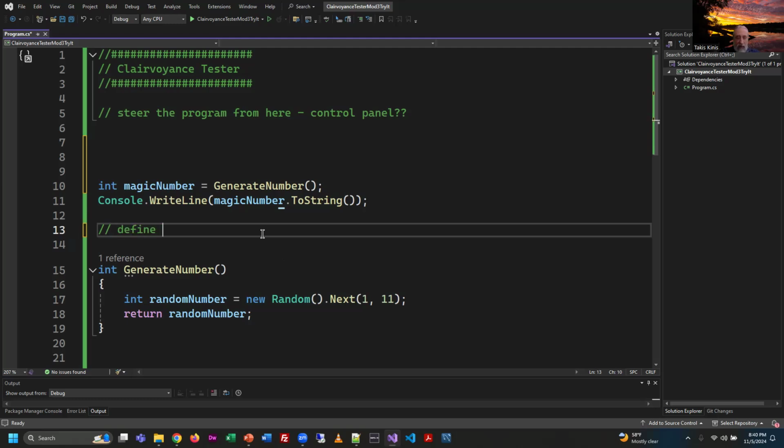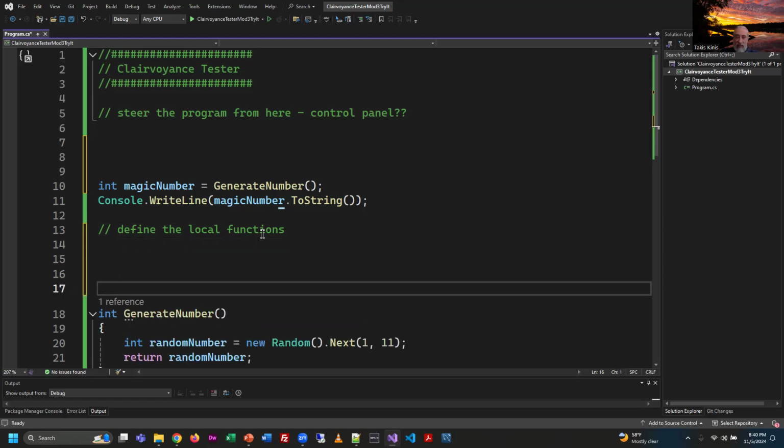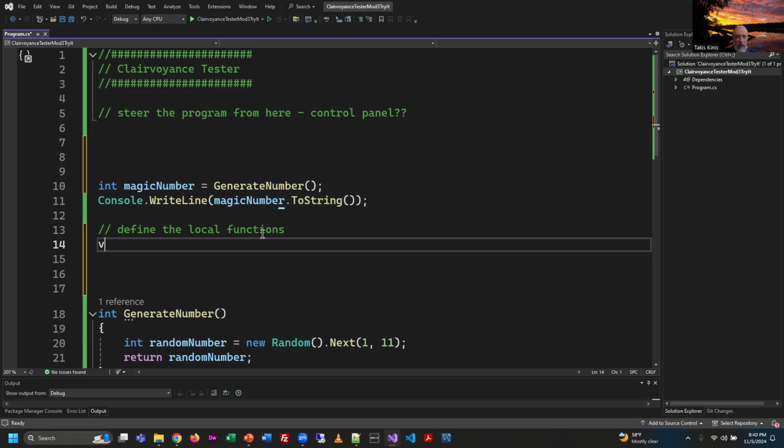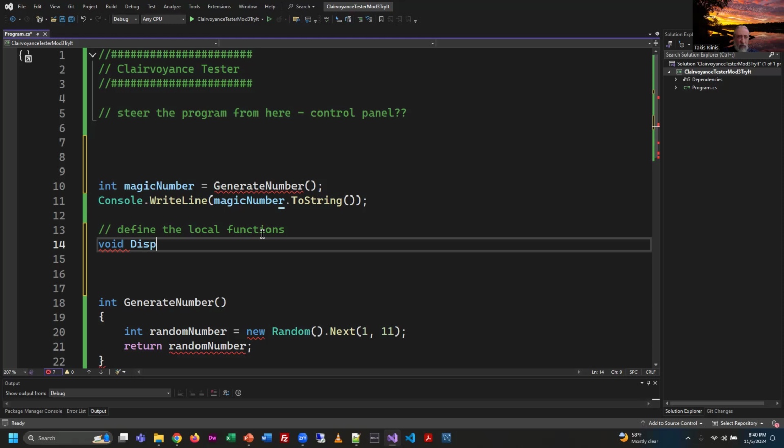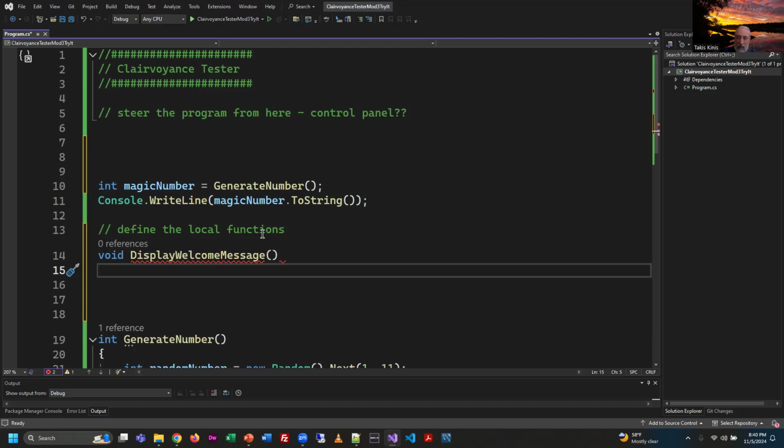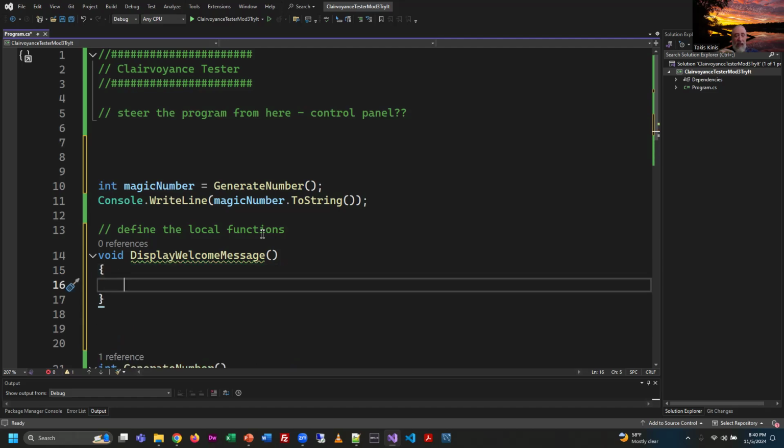And so I'm just going to put a little thing here. I'm going to say define the local functions as an example. So I got generate number. That's working just fine. It's been tested. But what if I created one that's just a void function, like, how about display welcome message? And then we want our curlies here. And then with that one, I just do a console write line and say,